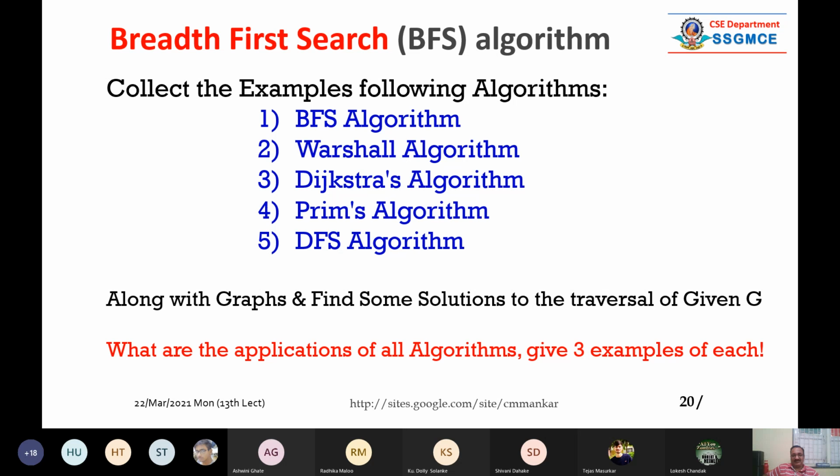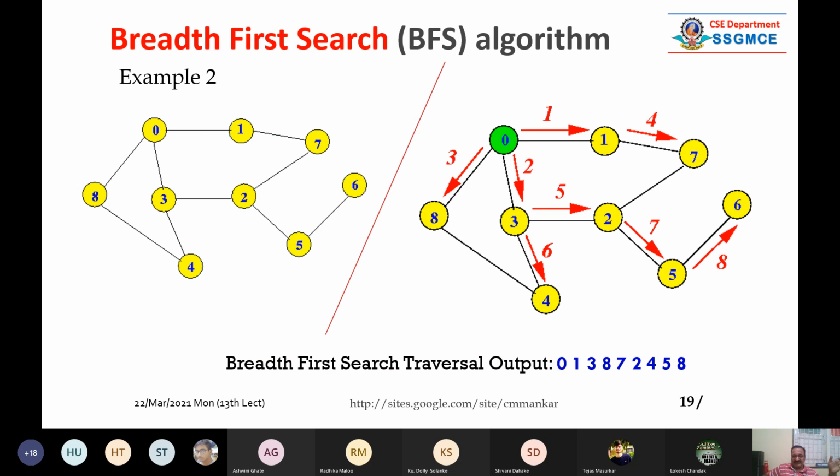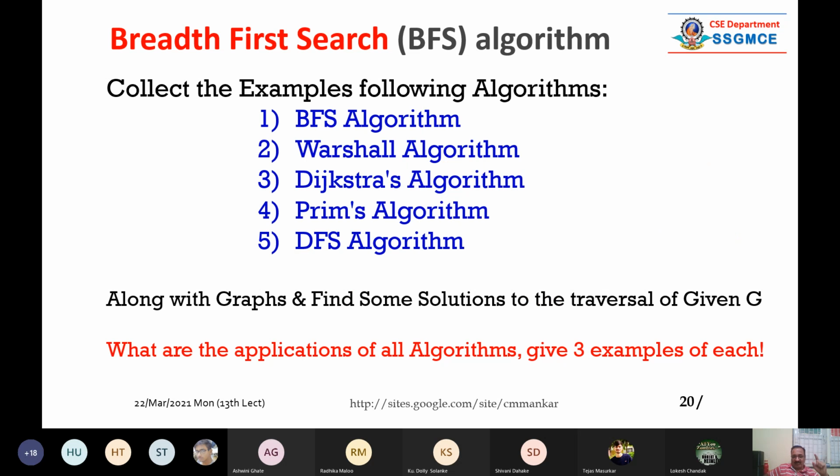फर्स्ट एंड वार्शाल्स एल्गोरिथम आपने सुना है, डिकास्टोस एल्गोरिथम, प्राइम्स एल्गोरिथम एंड डीएफएस. DFS means depth first algorithm. Anyway, so actually just I have printed it for your purpose. You take the screenshot, and what I suggest is that try to get the examples of these algorithms. And जैसा मैंने आपको ये example slide बताया, like this, there is an example on one side and there is a solution on another side. So what I suggest is that for all these algorithms, you get one example on one side and solution on another. So in 1 or 2 pages, you will get 5 different algorithms.